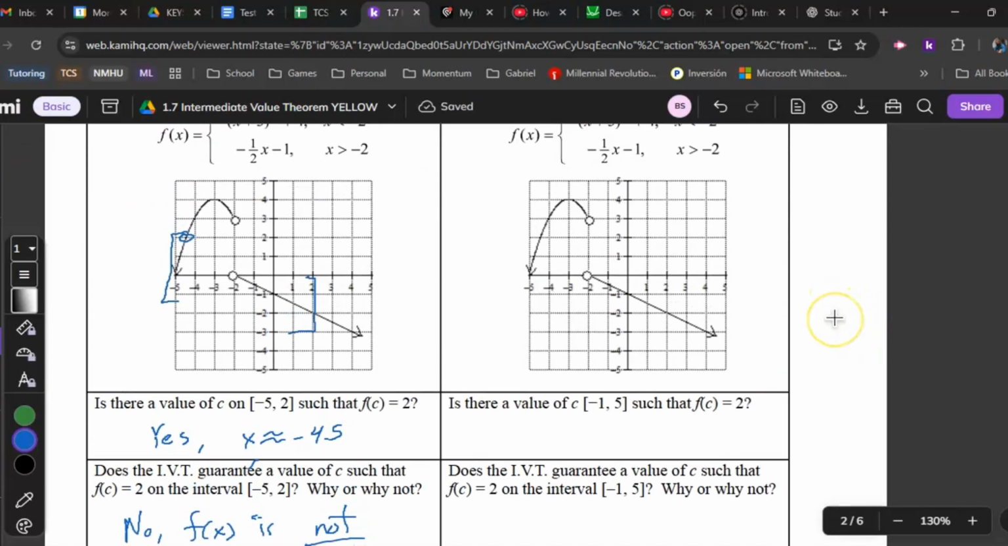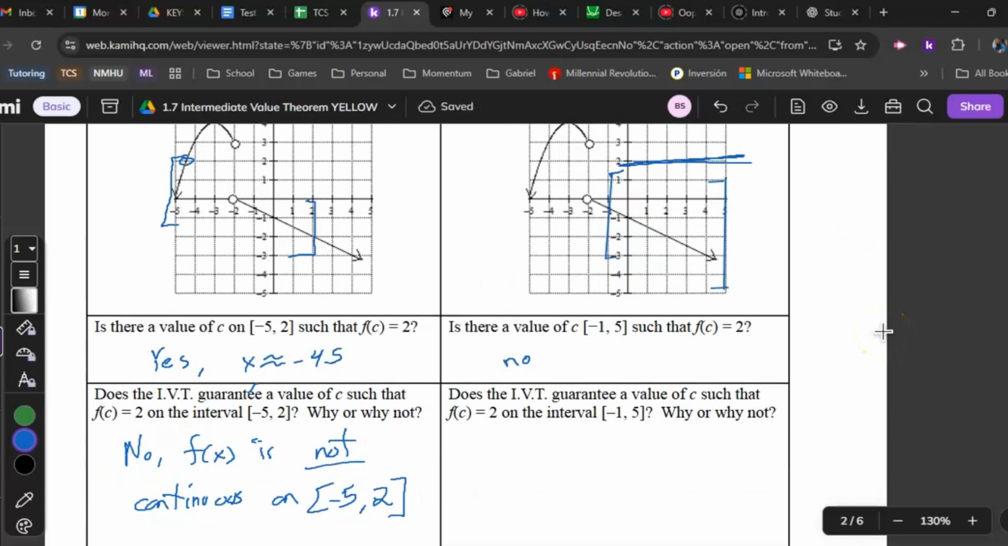All right, so now we're going to look at the next one. So now we're looking between -1 and 5. Exact same graph. Now, is there a point there that it's going to equal 2? So up here. Nope. All right, does the IVT guarantee a value of c such that f of c equals 2 on the interval? Now, in this case, the answer is no,